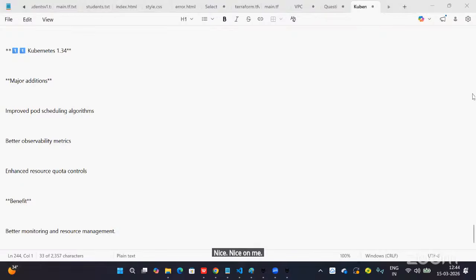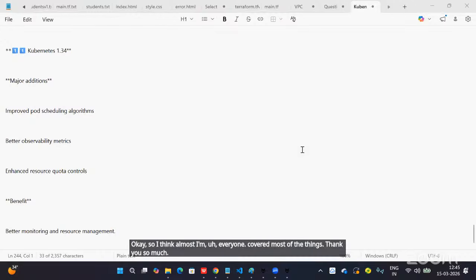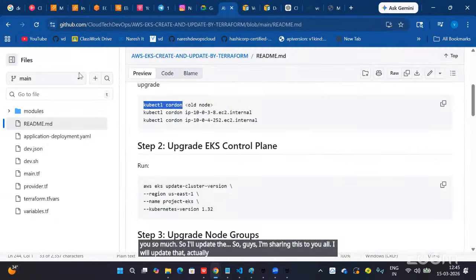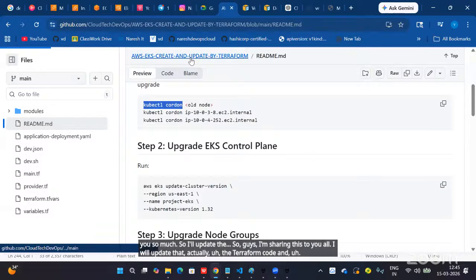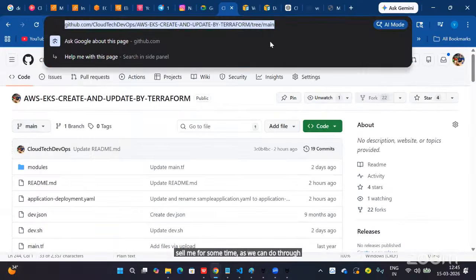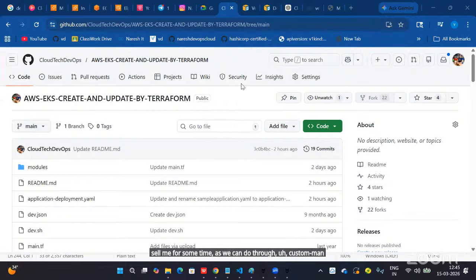Okay, almost everyone covered most of the things. Thank you so much. I'm sharing this with you all. I will update the Terraform code, so allow me some time, as we can do it through a custom managed AMI or a node managed AMI also.